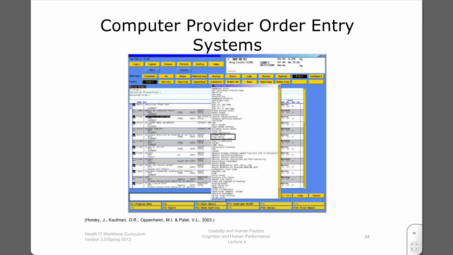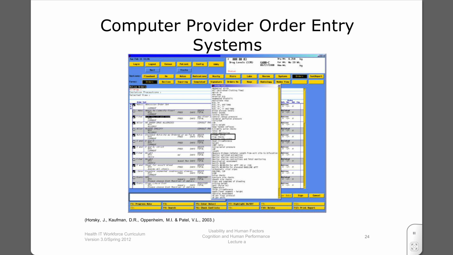This is the computer order entry screen that we have seen in previous lectures. Notice that there is a very lengthy pick list of tests. If you have considerable familiarity with the Glasgow Coma Scale, then you may be able to more readily perceive it on this alphabetized list. If you're not, you will have much more work to do to find what you are